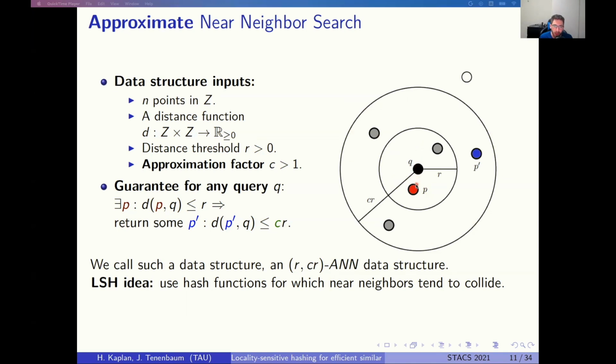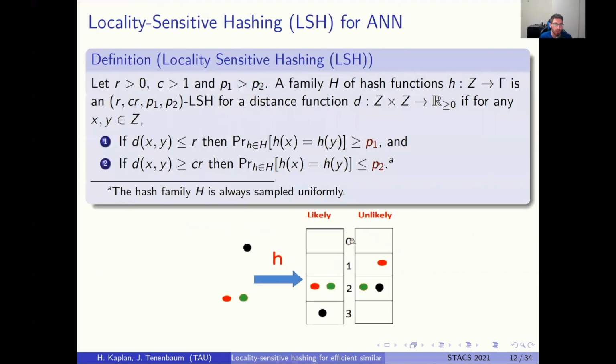Again, the guarantee is that if we have a point which is very near Q, then we must return a point which is within radius at most CR to Q. We call such a data structure an (R,CR)-approximate near neighbor, or ANN, data structure. And the idea of LSH is to give such a data structure using hash functions for which near neighbors tend to collide. Here's the definition of LSH, locality sensitive hashing. Let R be the distance threshold, C the approximation ratio, and P1 and P2 a high and low probability. A family H of hash functions from our space to a hash space Gamma is an (R,CR,P1,P2)-LSH for a given distance function